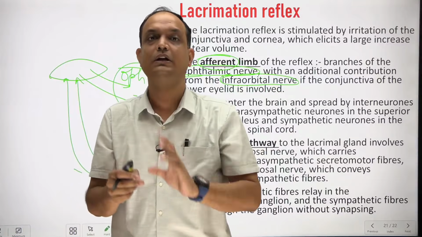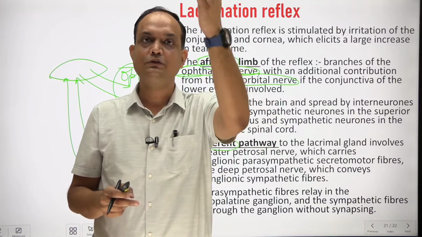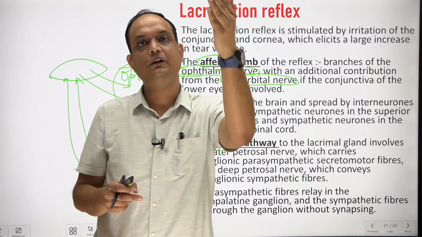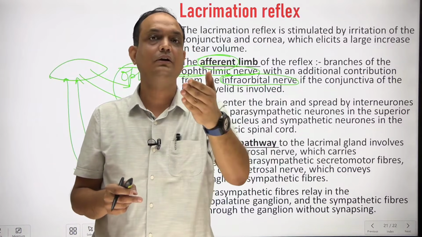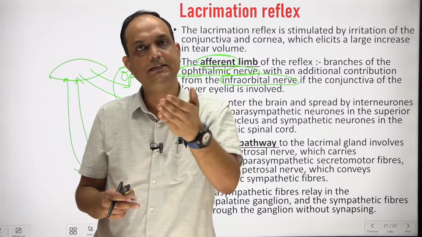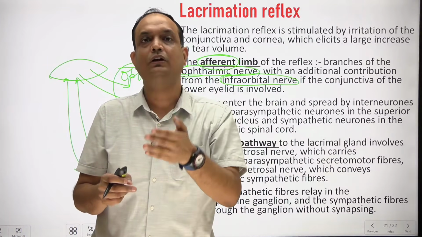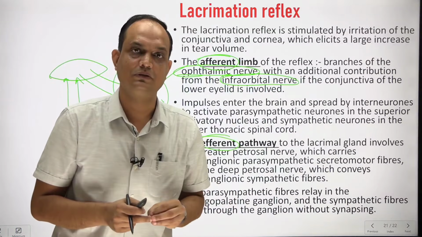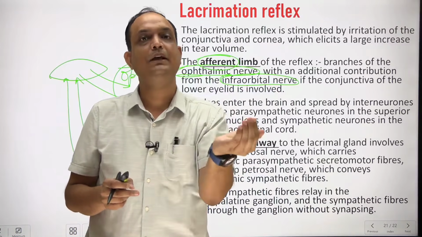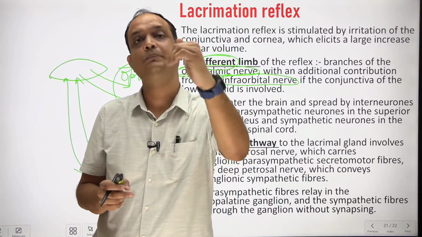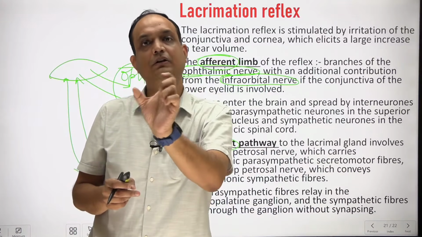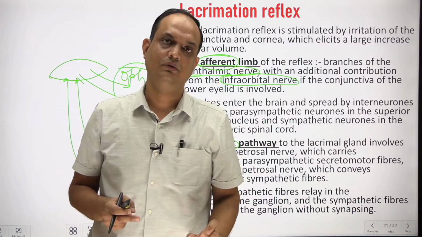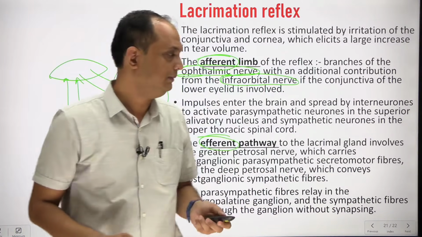दे विल नॉट रिले और नॉट मेक एनी साइनेप्स विद द न्यूरॉन ऑफ टेरिगोपैलेटाइन गैंग्लिया। ठीक है, और ये जो फाइबर्स हैं जो ब्रेन स्टेम से आ रहे हैं, दे आर अराइजिंग फ्रॉम द लैक्राइमेटरी न्यूक्लियस, देन द फाइबर्स विल जॉइन द ट्रंक ऑफ फेशियल नर्व। फेशियल नर्व फिर एक ब्रांच देती है ग्रेटर पेट्रोजल नर्व, ग्रेटर पेट्रोजल नर्व टू टेरिगोइड कैनाल से होती हुई आपके इस टेरिगोपैलेटाइन गैंग्लिया में पहुंचती है। और नर्व टू टेरिगोइड कैनाल में साथ में एक और एडिशनल नर्व एंटर हो रही है, दैट इज द डीप पेट्रोजल नर्व। ठीक है, और डीप पेट्रोजल नर्व और ग्रेटर पेट्रोजल नर्व के कॉम्बिनेशन को हमने नाम दिया नर्व टू टेरिगोइड कैनाल और वीडियन नर्व।